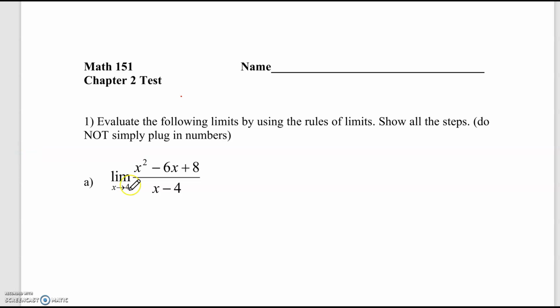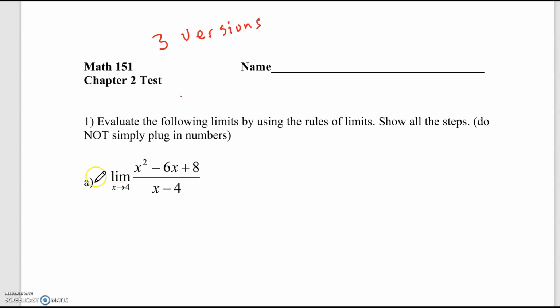Hi, everyone. I'd like to go over the test that you just took, the Chapter 2 test. There were three versions of the test, and this is just one version. This was the version that the 11 o'clock class took. However, the other two versions are similar. So when you're looking at how I solve these, you'll see the procedure, and your particular questions would be somewhat